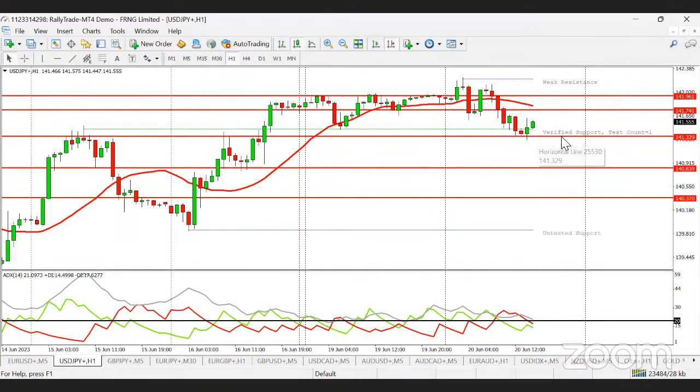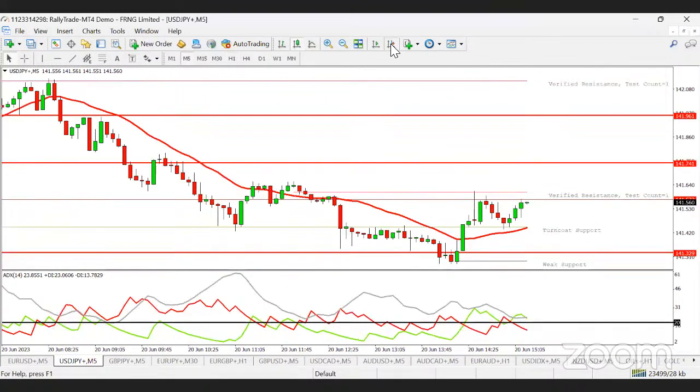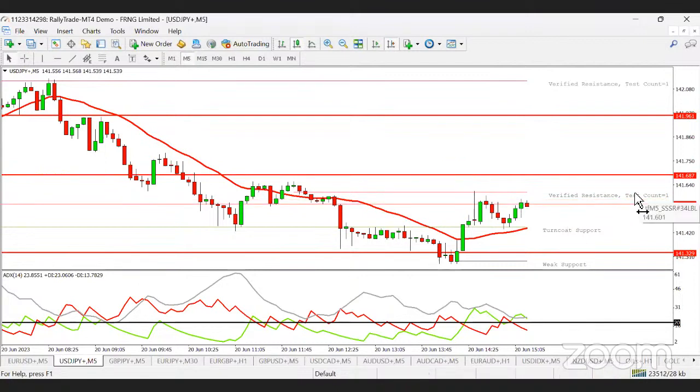Why? Because it's on a verified support. It has gotten to the verified support and is bouncing off from that region. So with that in mind, this is a comfortable position for anybody to take up a buy position on this particular instrument. Going back to the 5 minutes time frame, you would also discover that it is currently on a verified resistance too, but it's being supported by the 21 period moving average. So what are we going to do? Instead of rushing into it, remember it's the 5 minutes time frame we're trading on, allow it to go above this particular resistance level. So you're going to be taking up a buy on this particular instrument at price